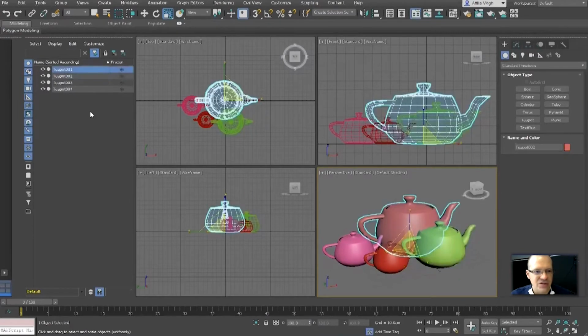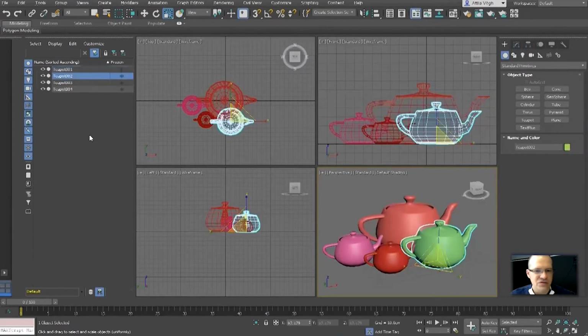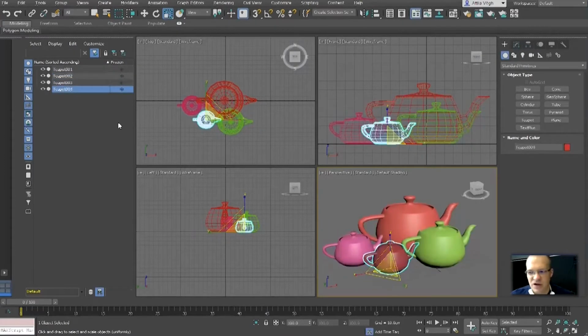So if I have this teapot 001 or teapot 002, I can do it. So that may work just as fine as anything else. All right,